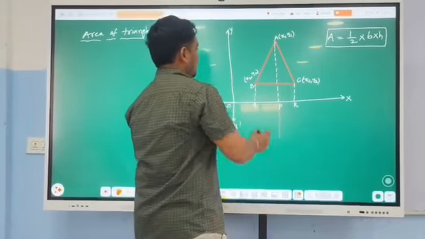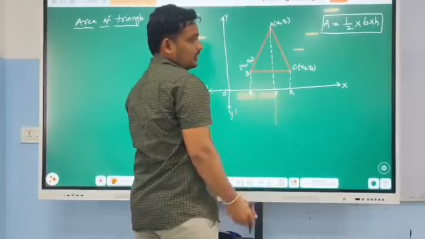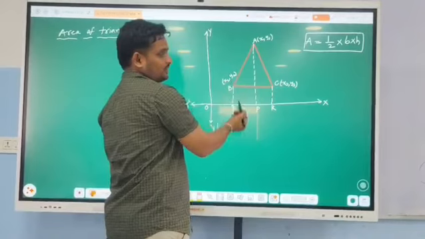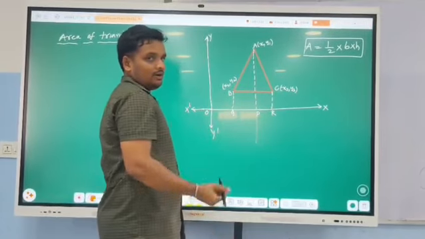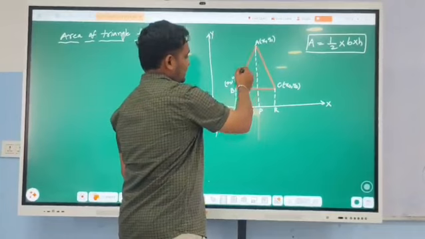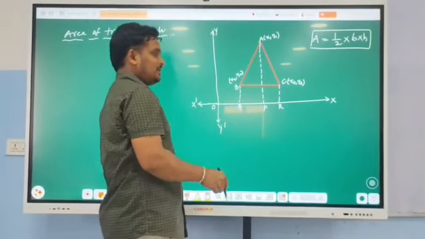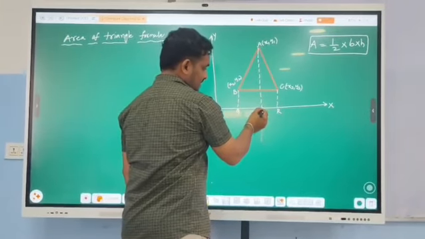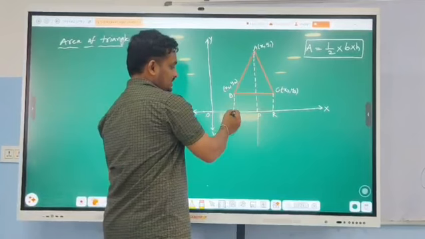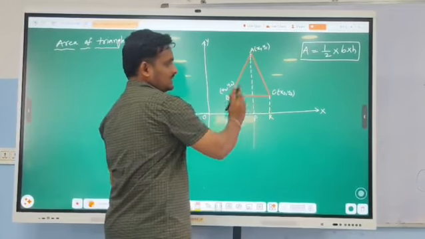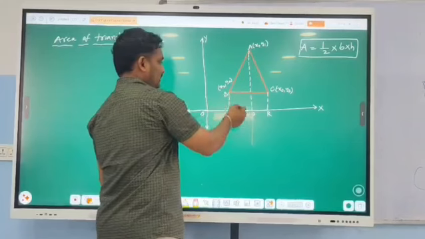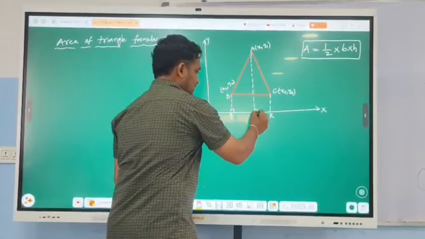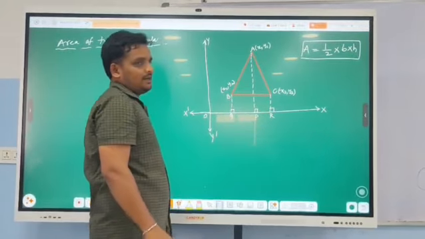For that I draw a triangle ABC. The coordinates of the point A is x1, y1. The coordinates of the point B is x2, y2 and C is x3, y3. Now our task is finding the area of triangle ABC. For that, I drew perpendiculars from A to the x axis, named as P, B to the x axis is Q, and C to R is CR. So from the diagram, AP, BQ, CR, these three are the perpendiculars to the x axis.